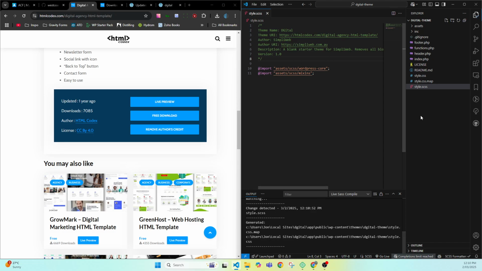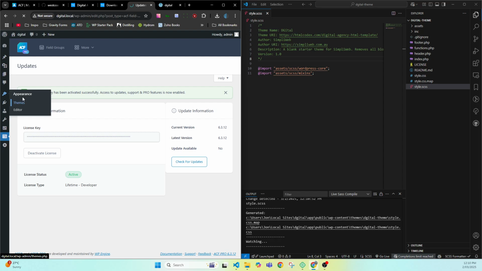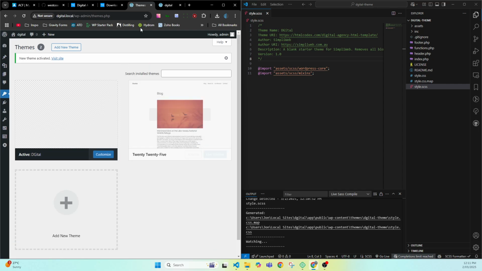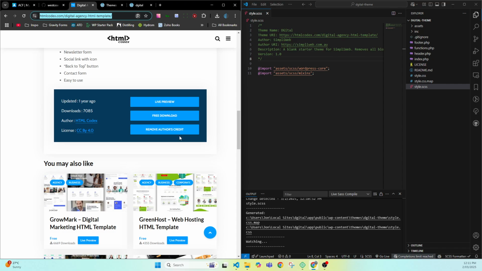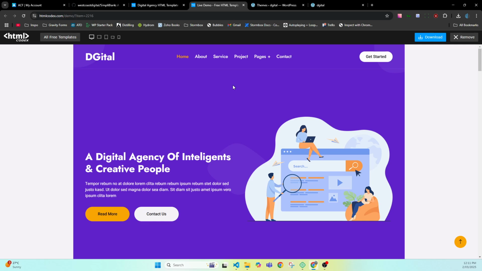But now that we've saved that, we can go into our themes here, Appearance, Themes. And we can see we've now got our Digital theme. We can go ahead and activate that. Let's get ourselves a screenshot of that. So we'll go to our live preview. We'll make this full screen. Let's get our screenshot